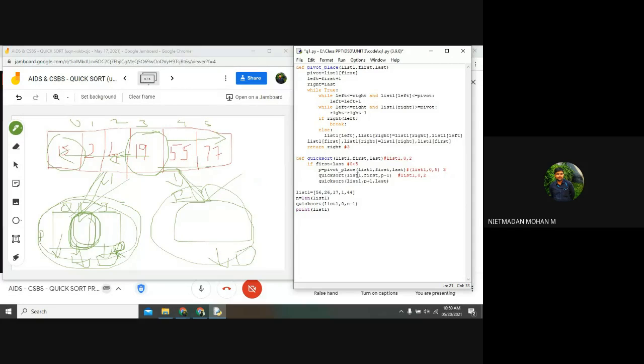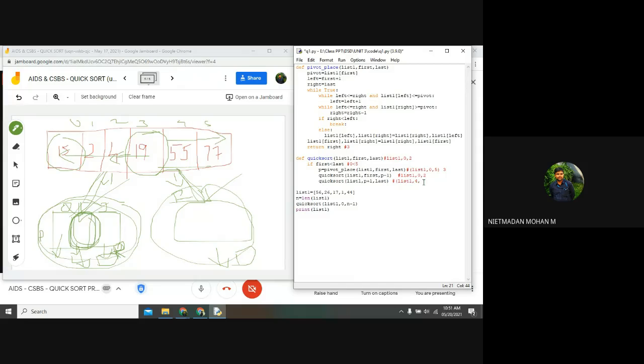After the left-hand side has been terminated by a single element and this condition has been satisfied, it will move to this, and here it will be list1, comma, p plus 1. The p is 3, so 3 plus 1 will be 4. So 4 is my first value and the last is my last value.